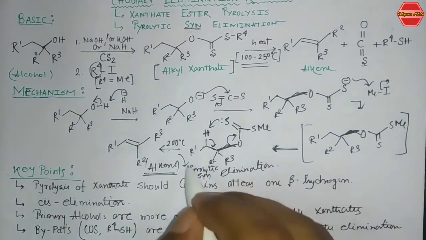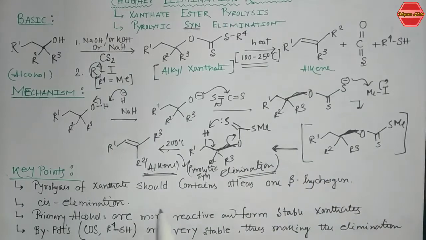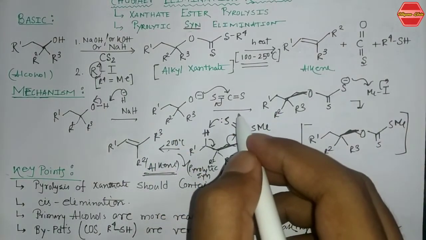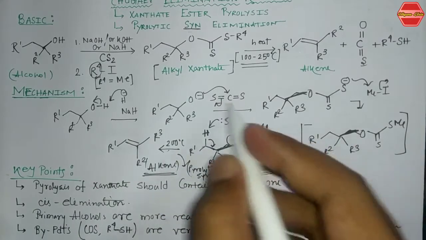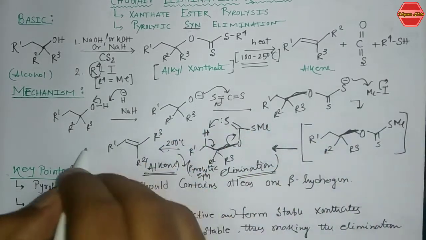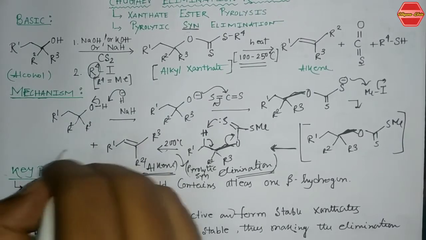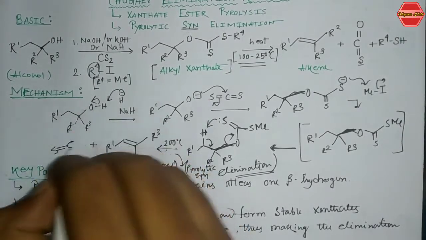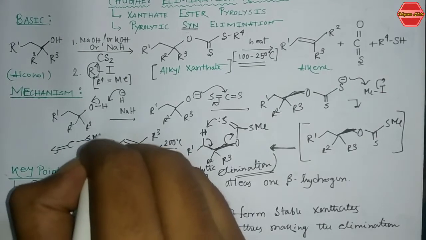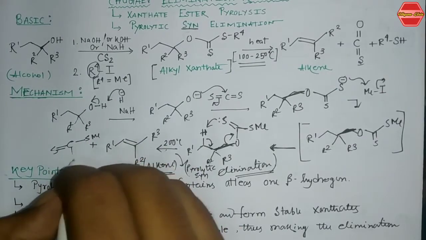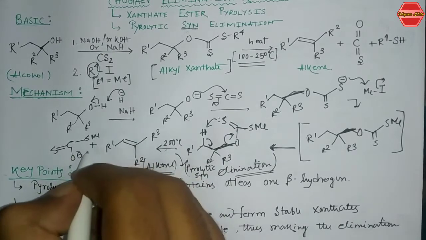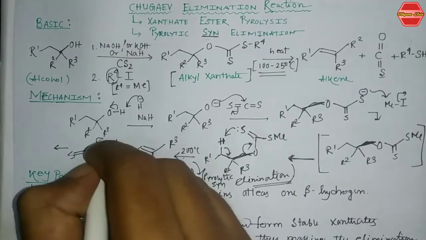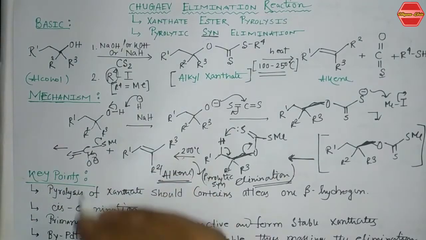Right? So this is your pyrolytic syn elimination. This is quite important. Now this reaction goes via a cyclic, six-membered transition state, and by using this you are getting an alkene, and the side product that you get is this one, that is your C double bond S, S-Me and O minus, like this, and from here you are getting this one, that is your, these bonds go here and it will leave from the system this way,